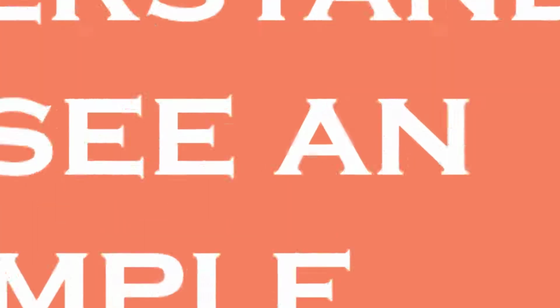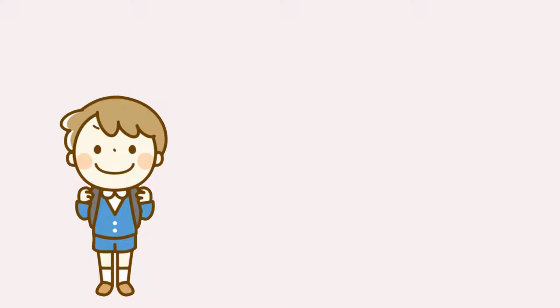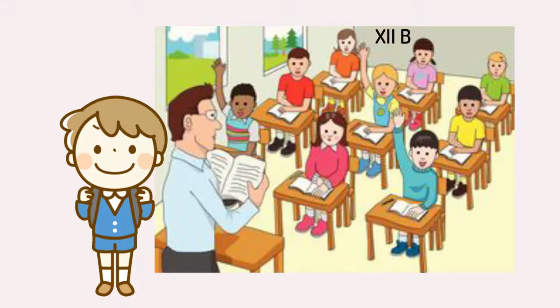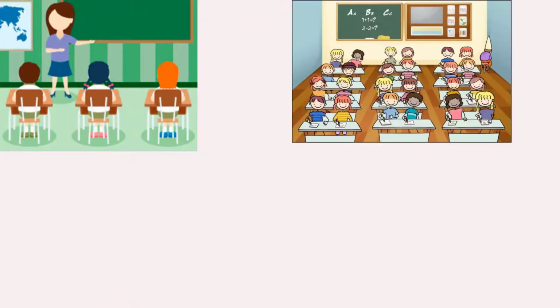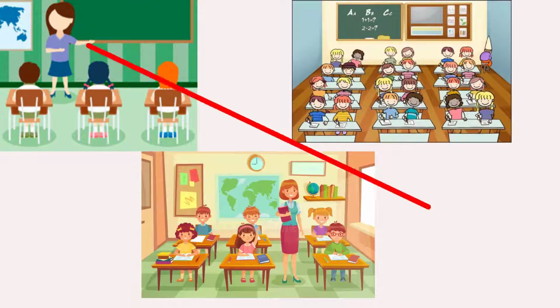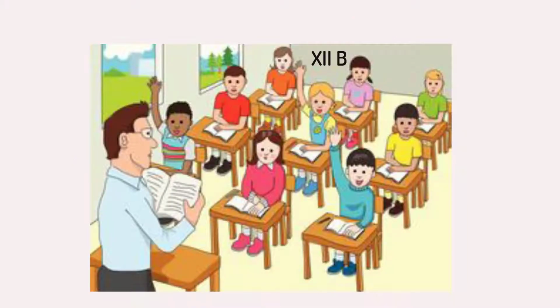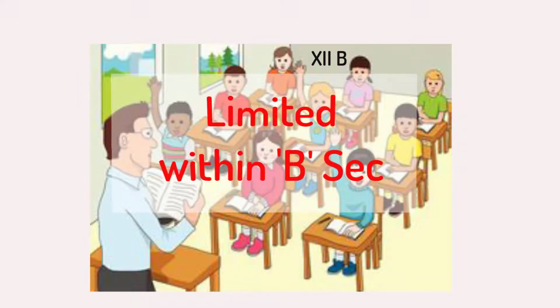Let's take an example of a student who gets admission in one school and is admitted to class 12 B section. Once the class begins, the student comes to school, and will that student be able to sit in 12 A, C or D sections? No, he is not allowed. Even though he is a student of that school studying 12th, he is only allowed to sit in B section. So, here the student's scope is limited within B section.